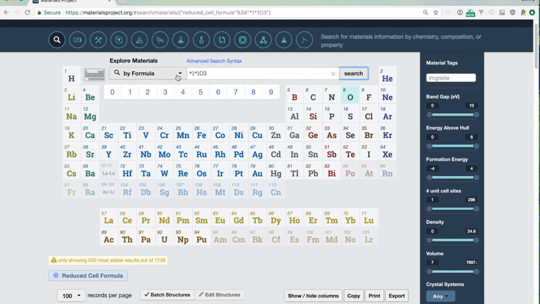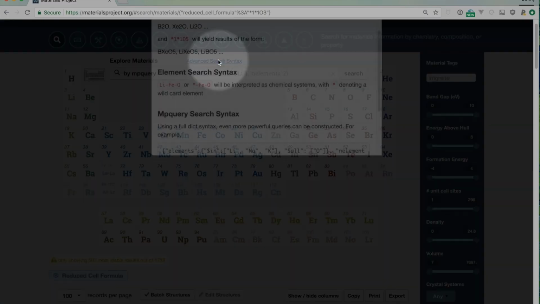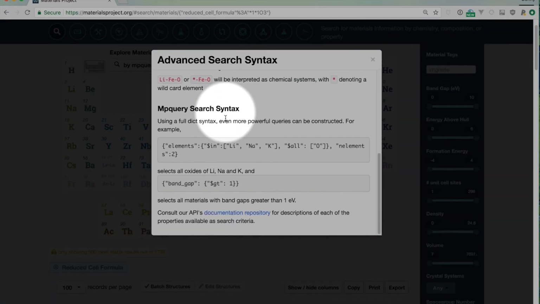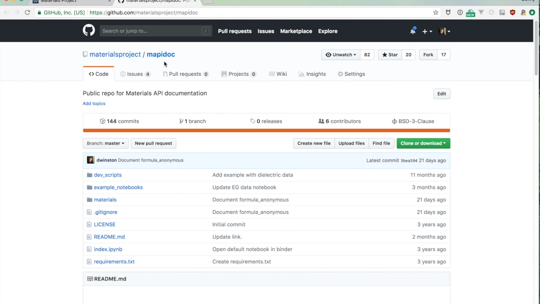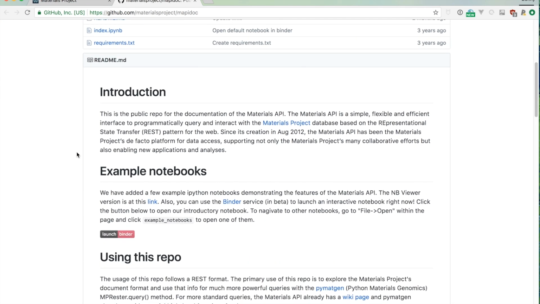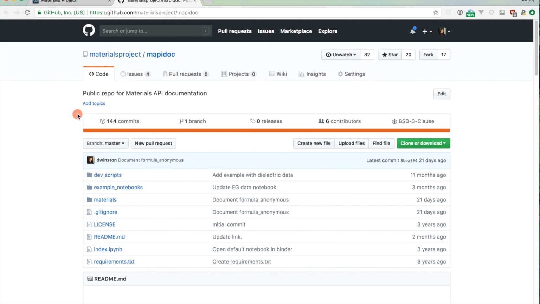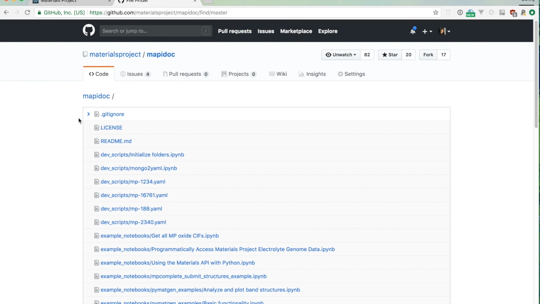Another advanced mode that we can use is by MP query. This uses a structured syntax that is the same as MongoDB syntax, which we use for our underlying database. And you can learn more about this syntax and all of the fields that we support at our documentation repository. So for example, quickly I'll go here, and there's a README here, but for example, I might type in that I want to search for